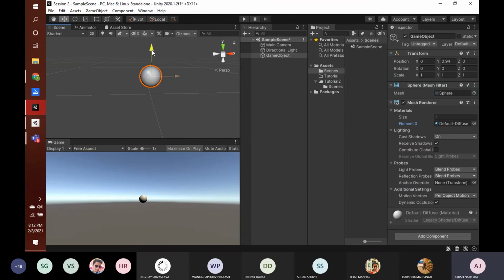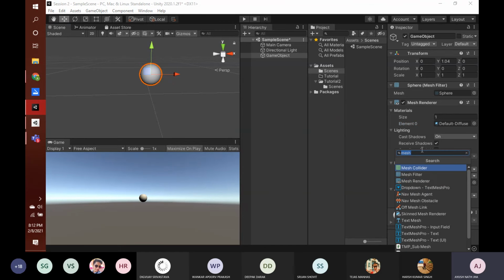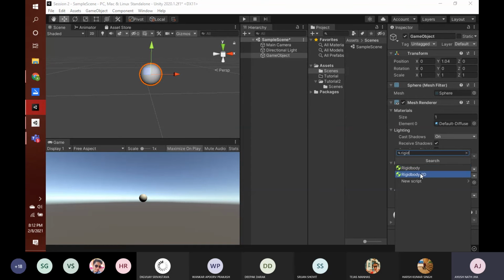Now let's say I want it to follow the rules of gravity. You haven't seen right now how gravity works in Unity. So there is one simple component which we use, and this is the rigid body component. There are two elements actually, rigid body and rigid body 2D. The rigid body 2D is used for 2D components when we create a 2D game.